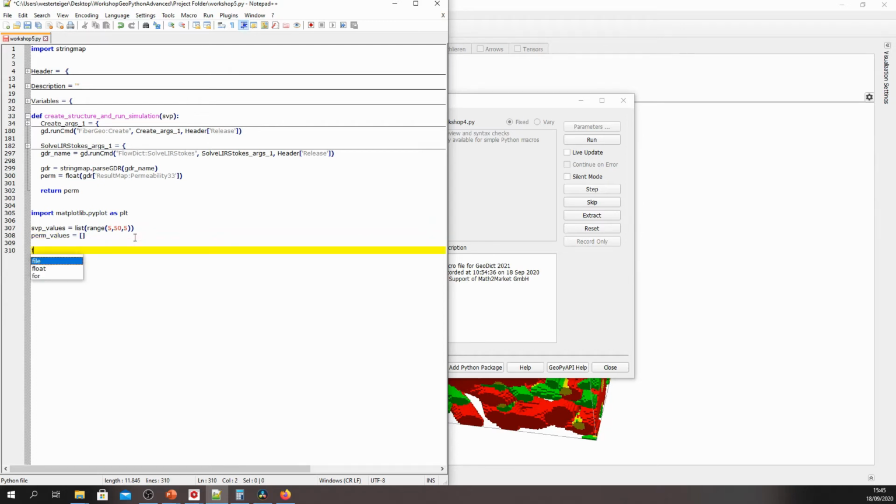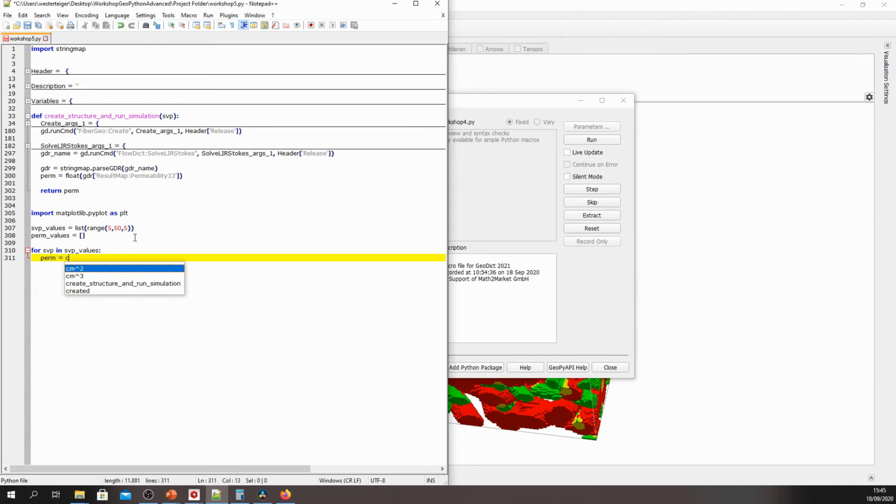So now our for loop looks like this: for SVP in SVP values, which does the same thing as the for loop we had before. Now again, indent the loop body by pressing tab and write perm equals create structure and run simulation of SVP.